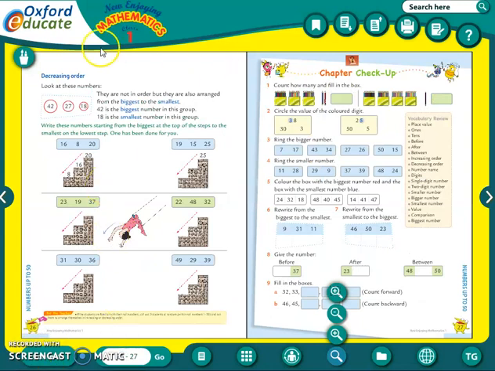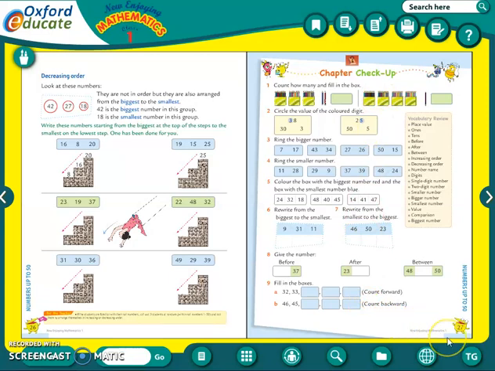And then after completing this exercise, this is the chapter checkup. So what is chapter checkup? In this, the whole chapter will be revised. Whatever concepts we have learned in the whole chapter will be revised at the end in the chapter checkup. So this you have to do in homework. The chapter checkup you have to complete in homework, so that after all the topics we are doing exercises, then the chapter checkup will have exercises of all the topics that we have done in the whole chapter. So this you have to do in homework.